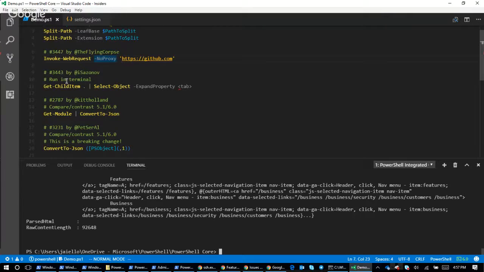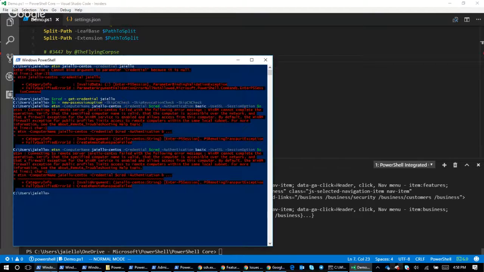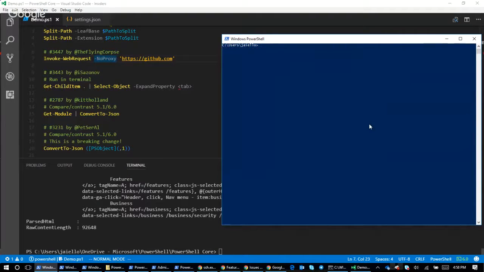This one, Get-ChildItem, was from iSasanoff. Ilya has been one of our top contributors. We actually made him a maintainer earlier this year because he's been so active on the GitHub repository. This one basically fixed tab completion for Select-Object -ExpandProperty and -ExcludeProperty. So prior to this, if I was in an old Windows PowerShell and I did Select-Object -ExpandProperty, this would give me paths, which is useless. The same would be true of -ExcludeProperty.